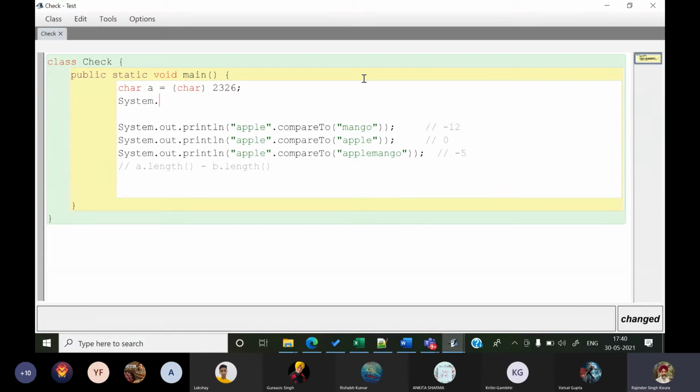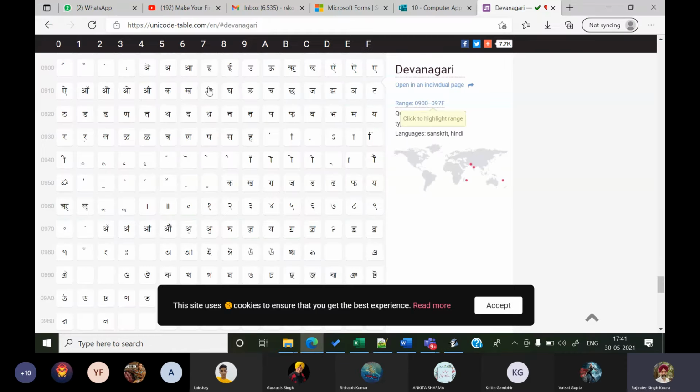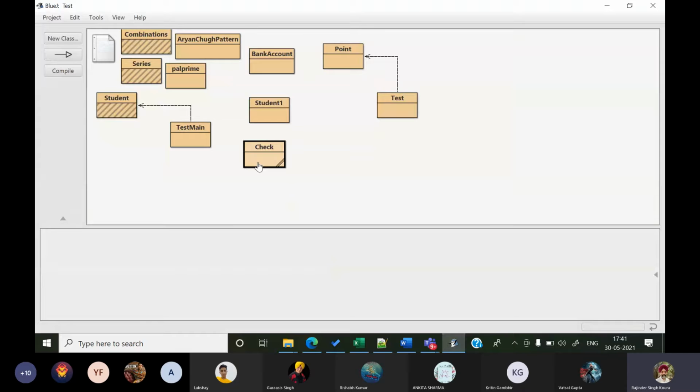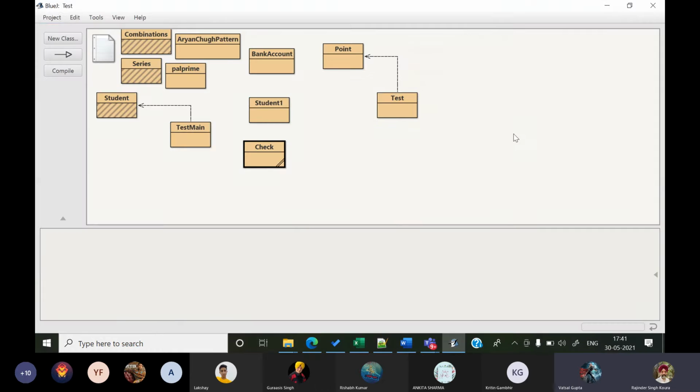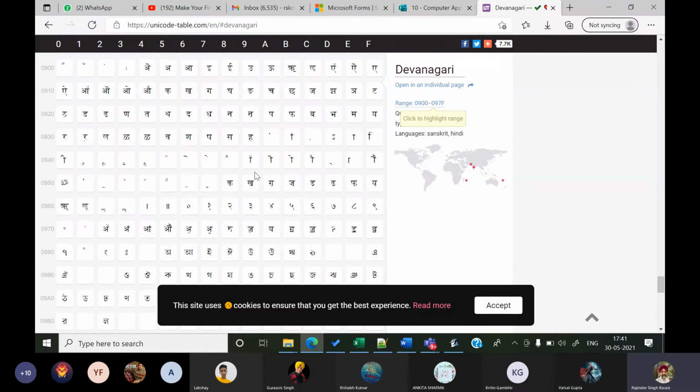And let me just display this. Right? It has shown k on the screen now. So if you want to print an entire line, a lot of coding would be involved.